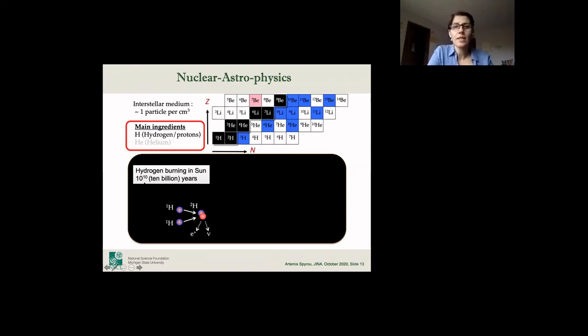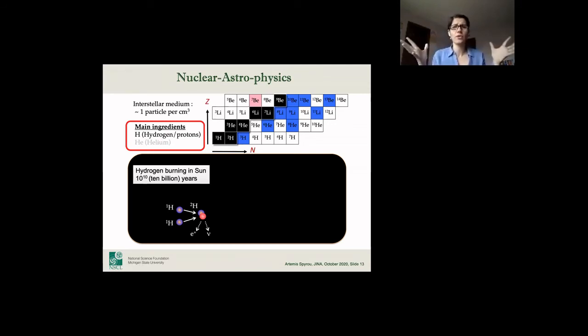Now, this reaction is not very easy to do, it's actually very, very hard to do. You only have one such reaction every few million years or something like that. We are lucky that this is so hard to do. This is the reason our sun keeps burning today and will burn for about 10 billion years. If the first reaction was possible, then everything would just go very quickly.